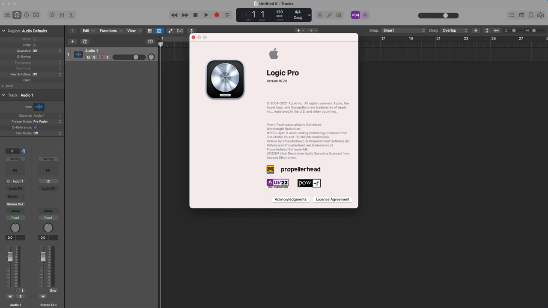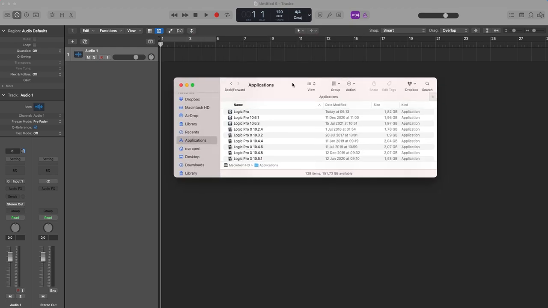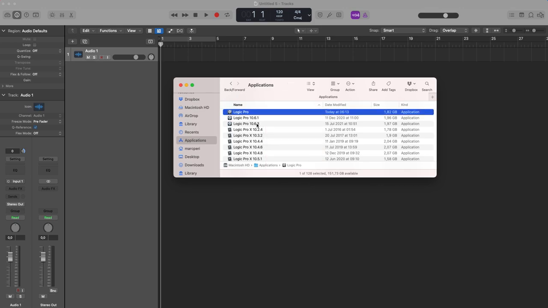First of all, before updating to Logic Pro 10.7, I suggest you make a backup of your Logic Pro version. For example, if you have now installed Logic Pro 10.6.3, you can just duplicate the Logic Pro version and then rename it 10.6.3.